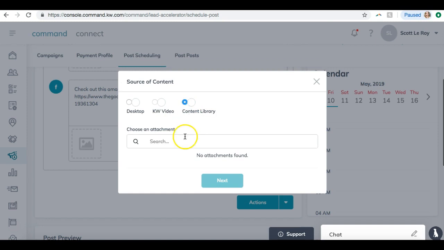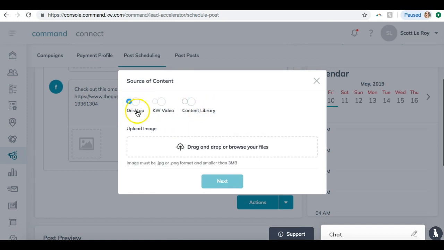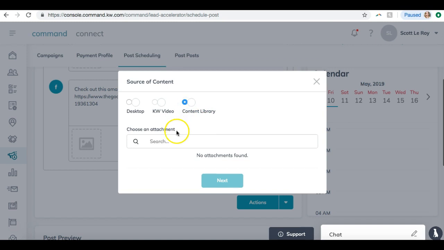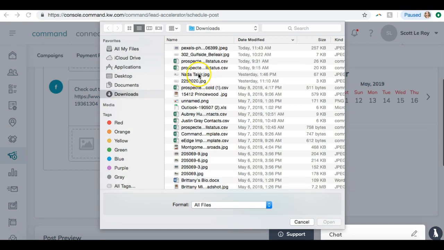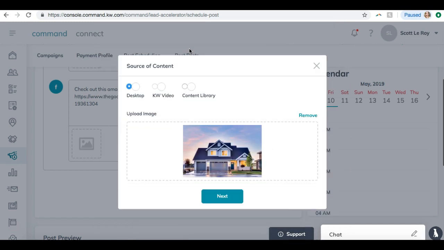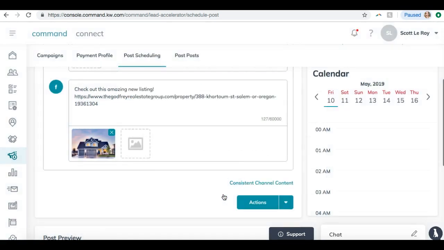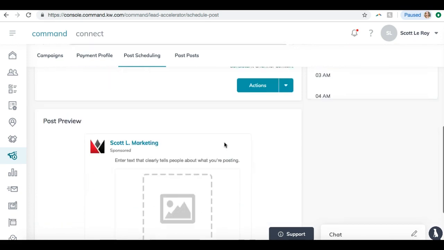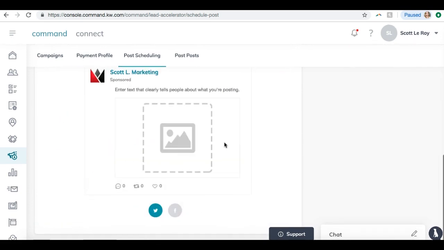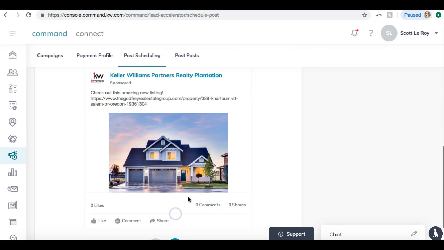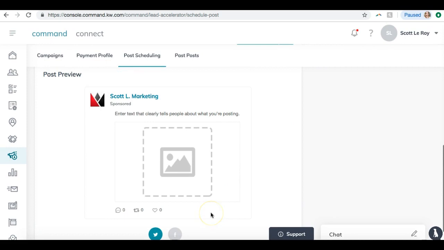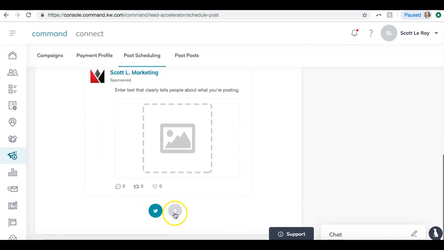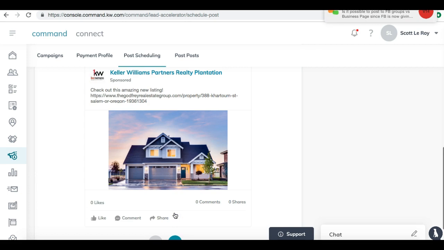I was wondering if, since I uploaded it here, it was in my content library, but I don't believe it is. So I'm just going to choose from my desktop again and import that photo. Hit next. There we go. Okay. So down below you can see a post preview. It was showing me the Twitter option and there's nothing there. So you want to make sure you click on the button for